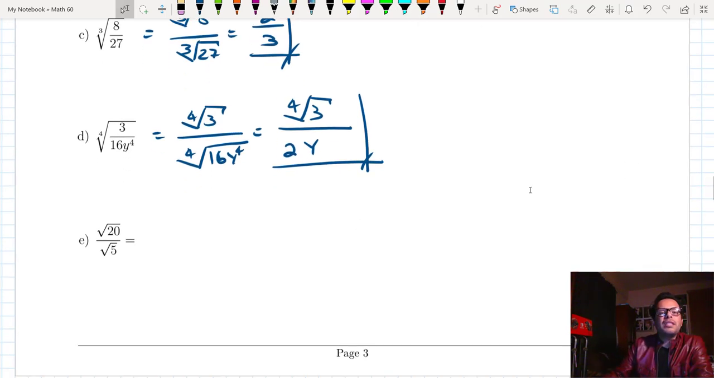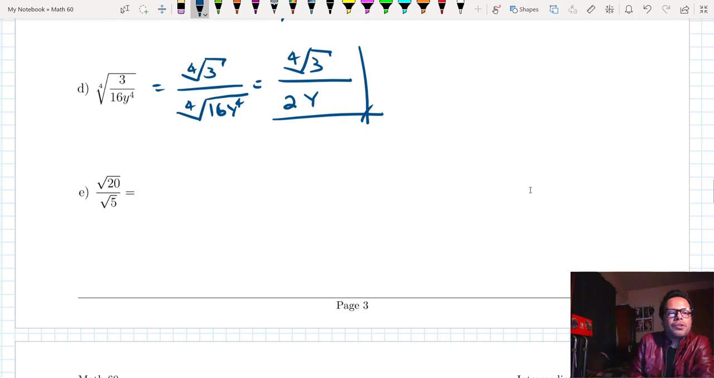Okay, now let's apply this backwards. So we have the quotient of two radicals, right? One radical in the numerator, another radical in the denominator. So let's write everything inside of the same radical, right? The reason why we can do this is because this is an invisible 2, and an invisible 2. If we had, however,